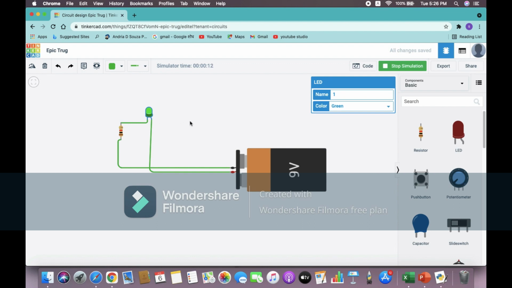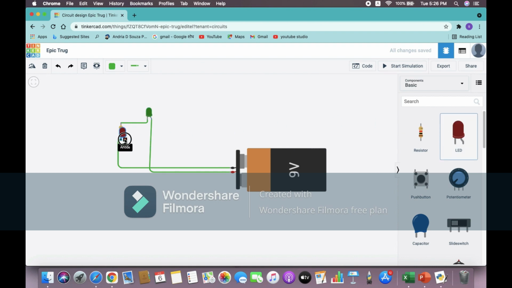Now suppose you want to make a project by using two LEDs. What will you do? For that, first of all, stop simulation, take another LED and place it over here.